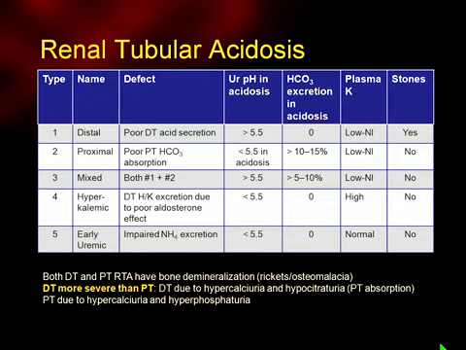And so treating a distal RTA, all you have to do is to give enough bicarbonate to replace the amount of acid that we're eating, which for most of us is, what, a gram per kilo per day or something like that for protein intake. Proximally, the kidney is responsible for reabsorption